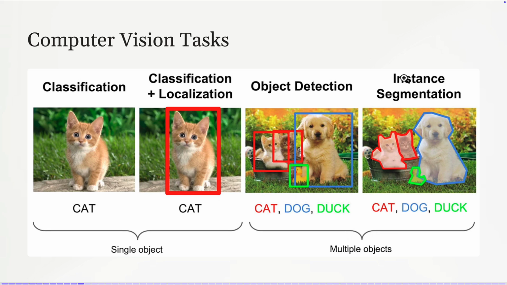And here we have both classification and regression. So regression, it determines the bounding boxes, their location, and classification, I have to classify which object is in every bounding box. And more difficult than this is instance segmentation, in which I don't only find the bounding box, but the whole